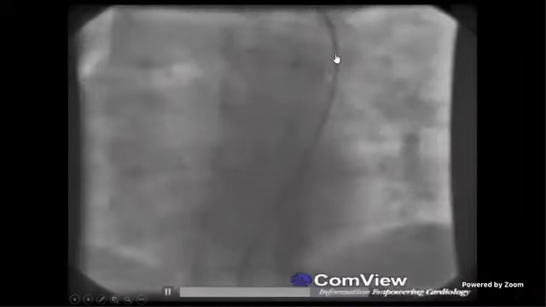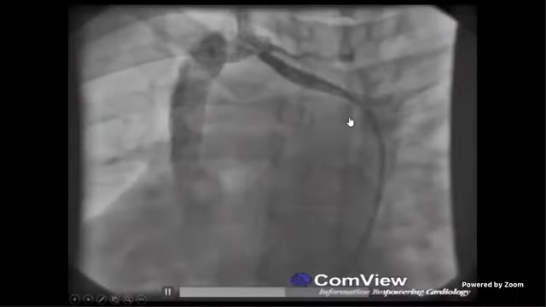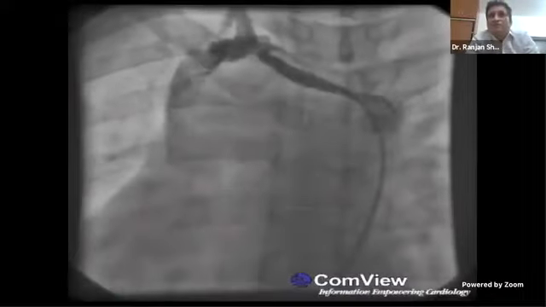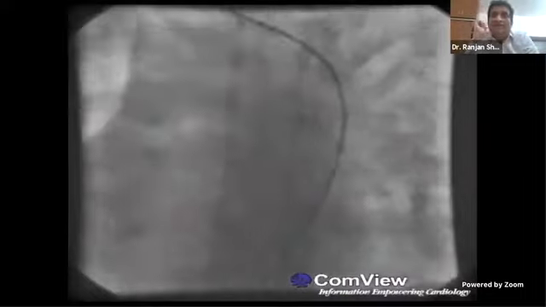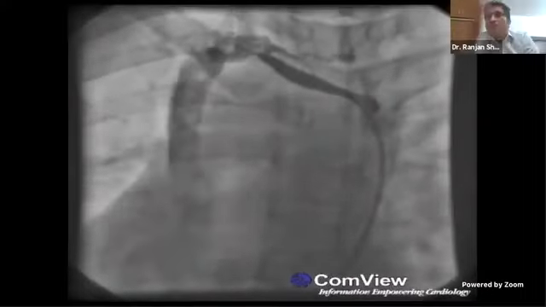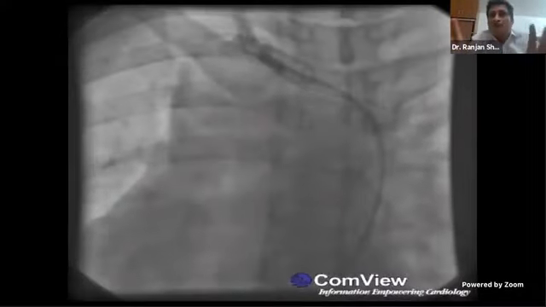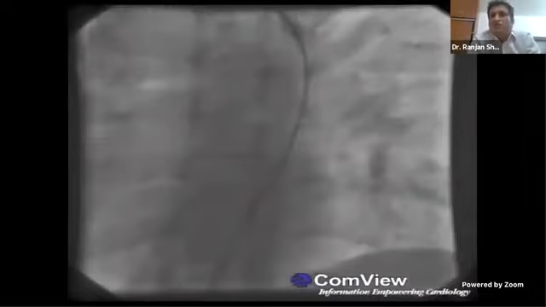You can see the LSVC here, which is draining into CS. You can see an RSVC, right? What is this structure? Sir, communicating vein between the two. In the veins, two structures are possible in that area. One is a vertical vein, one is LSVC. The vertical vein was part of what we discussed last time. So whenever you have something there, think of both the structures which are possible. So it is LSVC to CS.